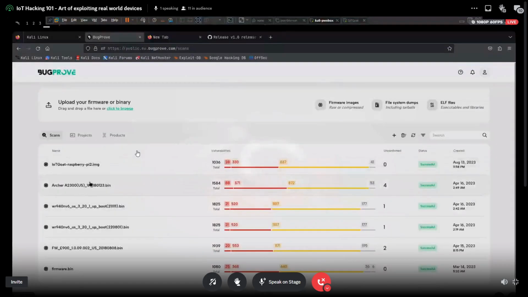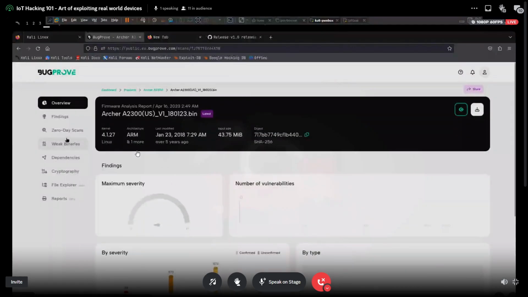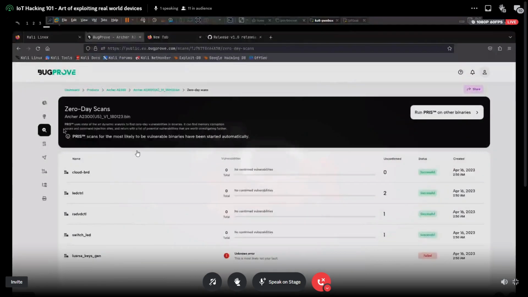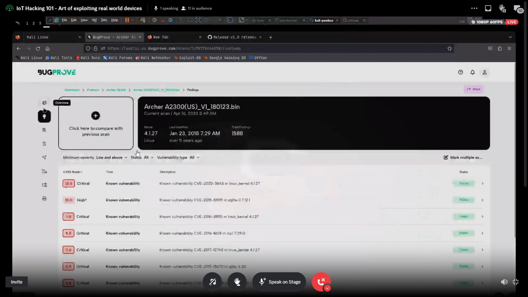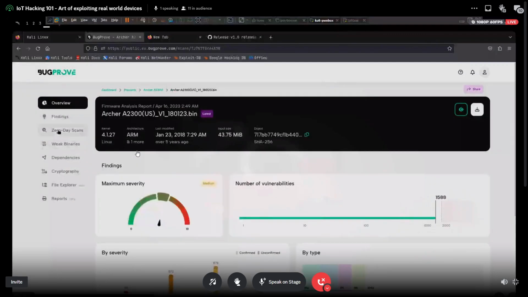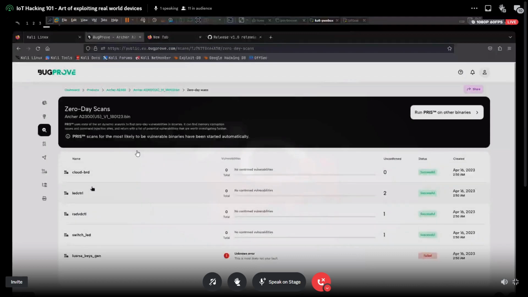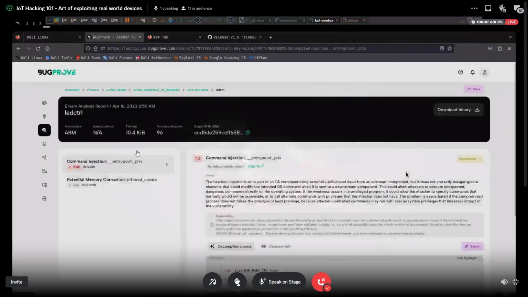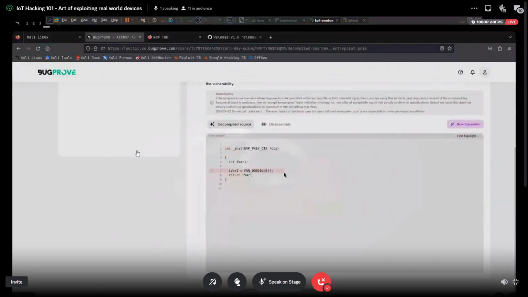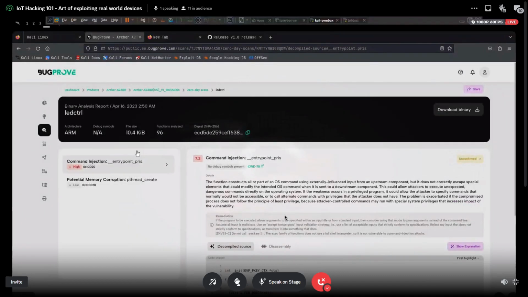These got four. No findings, 0 day scan. Yeah, this LED control has the two. This LED control has the potential command injection stuff. I'm not saying it's definitely exploitable, you have to find an input vector to this one. And once you find it, you would potentially be able to inject commands in this LED control functionality for this router.